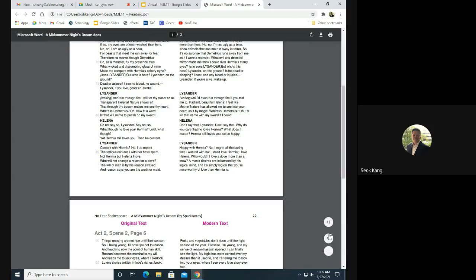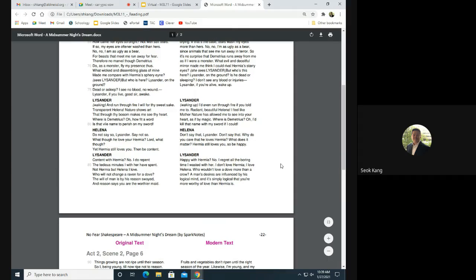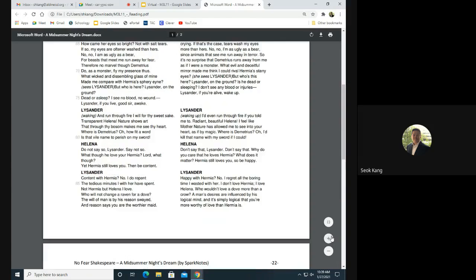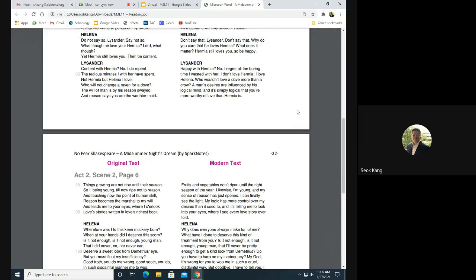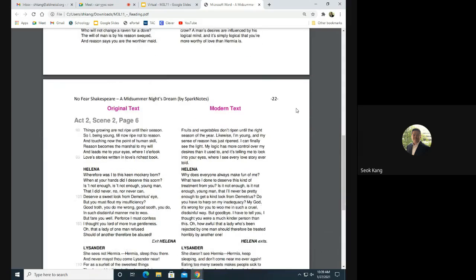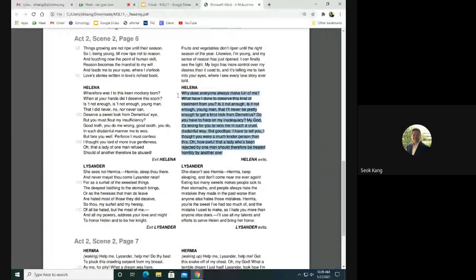So he's basically just saying, Helena, you're so beautiful. My goodness, thank God you're here, right? And he just keeps trying to woo Helena. She's like, I'm tired of Hermia. I spent all this time on Hermia, right? And I'm just sick and tired of it. And Helena thinks he's joking.